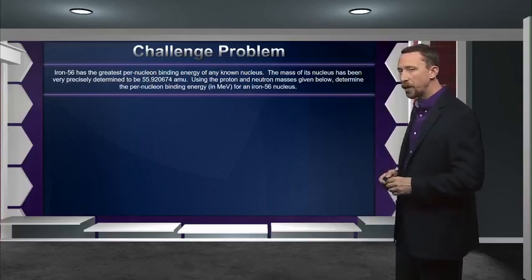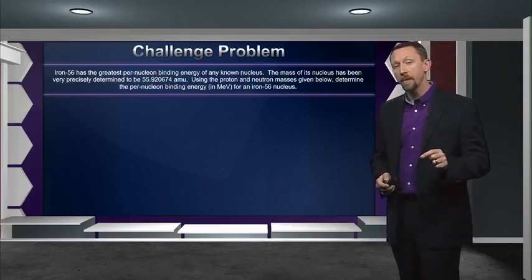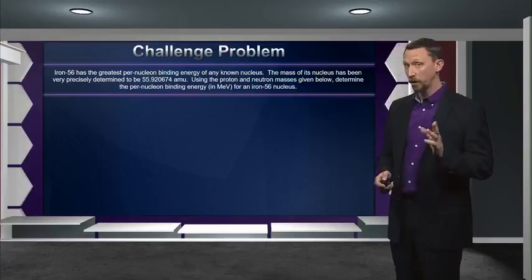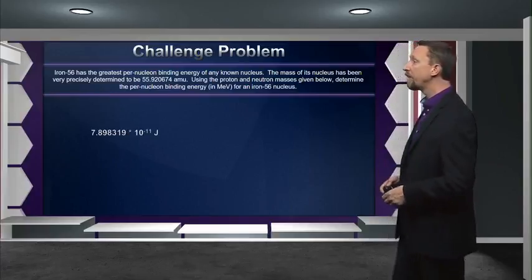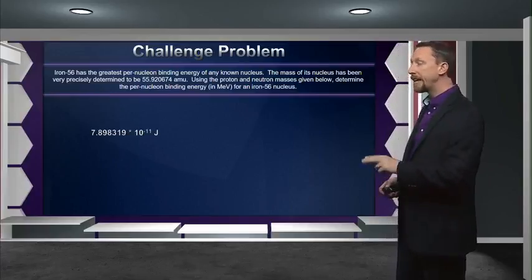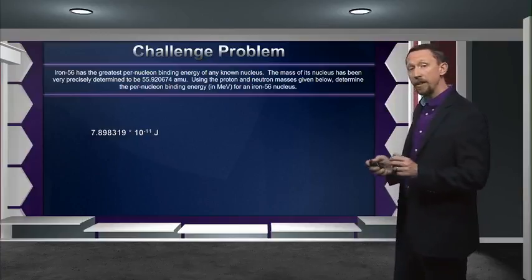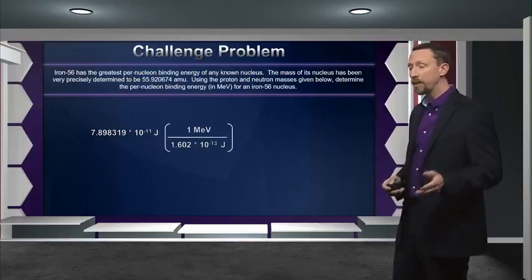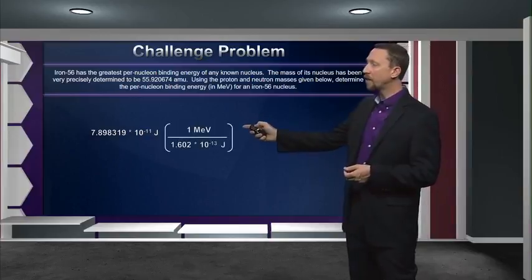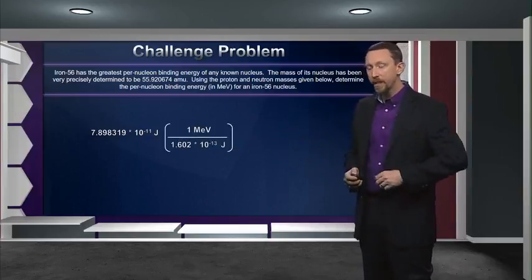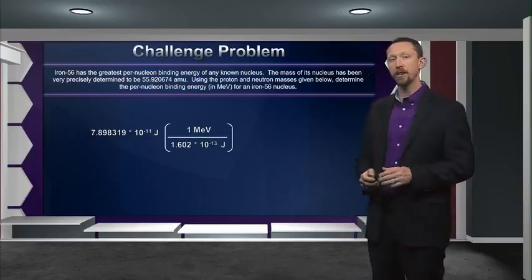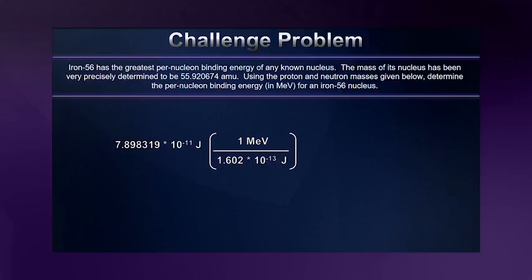But we're not done answering the question yet. The question asked us about mega electron volts, not joules. So we still have to convert this number from joules into mega electron volts. And we can do this using the conversion factor we saw previously. 1 mega electron volt is equal to 1.602 times 10 to the minus 13th joules. And when we do this, we find that the nuclear binding energy for iron 56 nucleus in mega electron volts